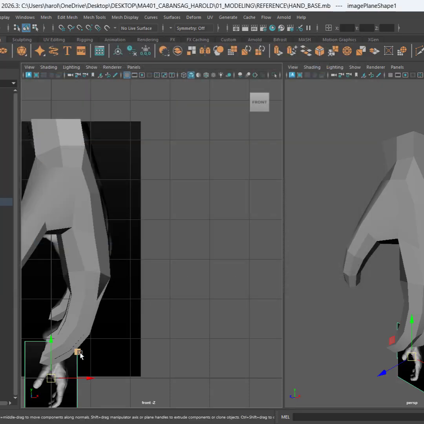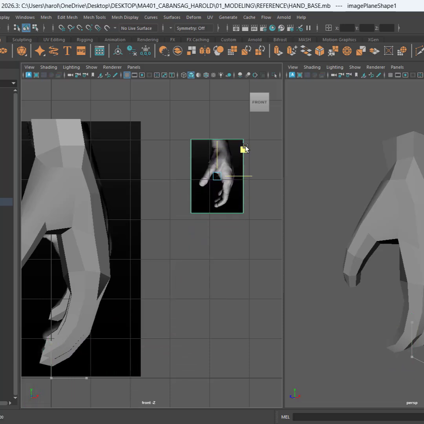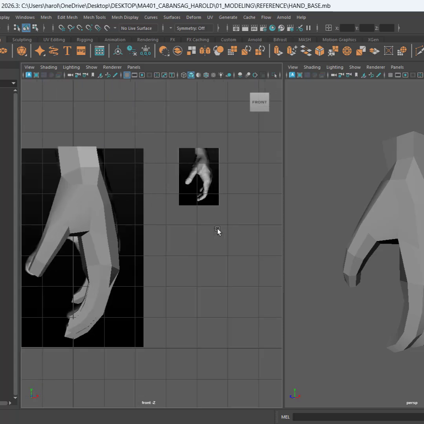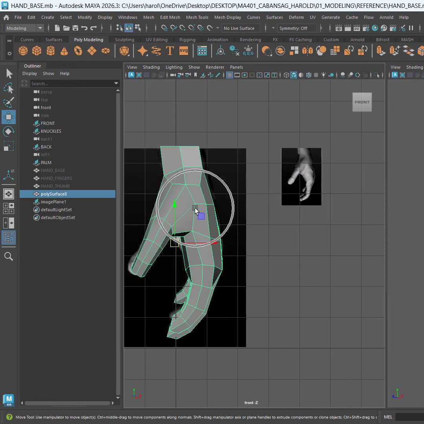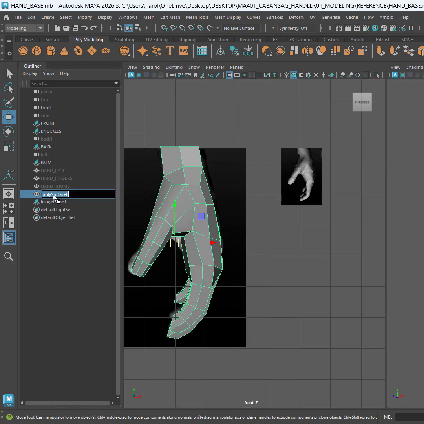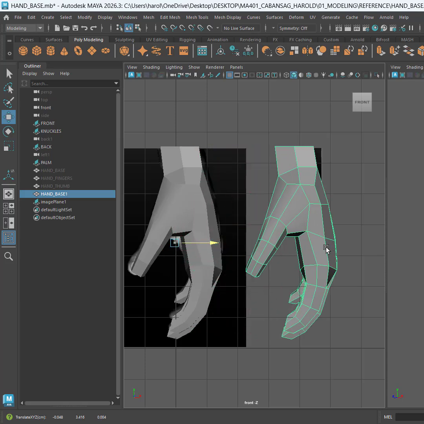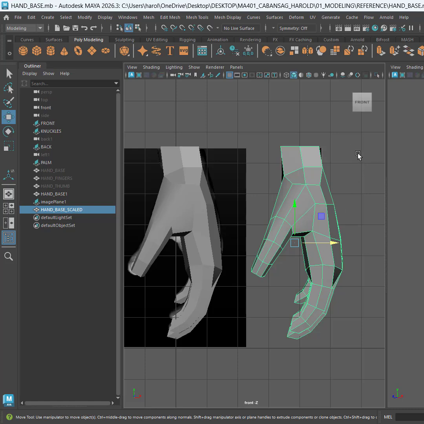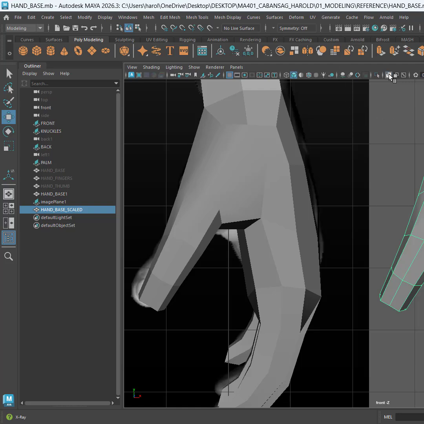So now, as you can see here, I can place it here. This is the scaled version of the hand. This is actually the size for the character. Okay, so what I'll do next is I'll select this and name this hand underscore base, and then I'll hold Shift and drag a new one, and this is going to be hand base underscore scaled, and then spacebar, X-ray mode,